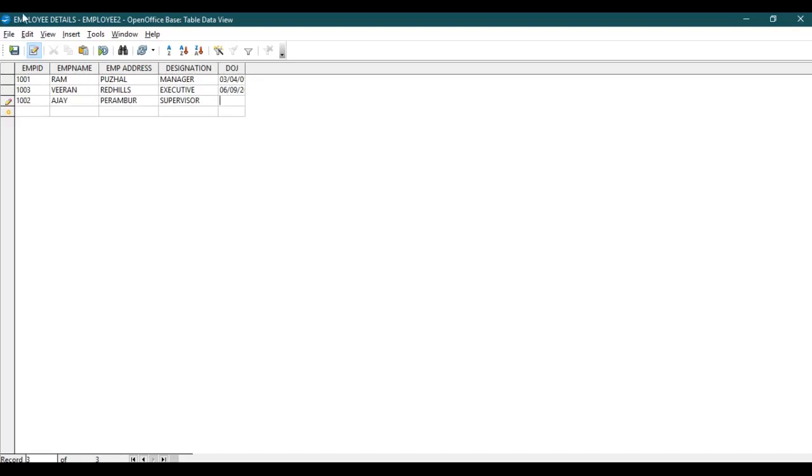This is how to insert records in the database. So I added 3 records for this table, employee details.